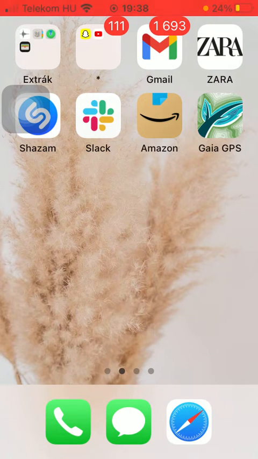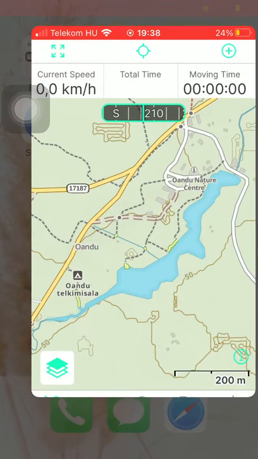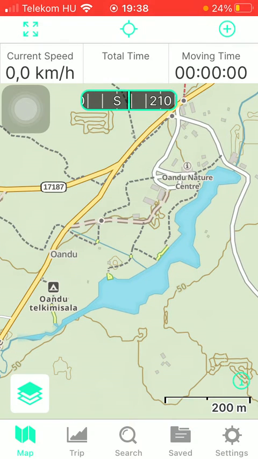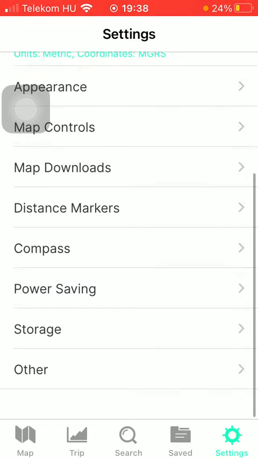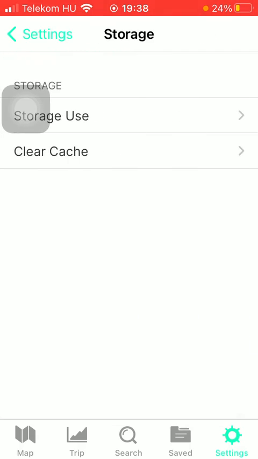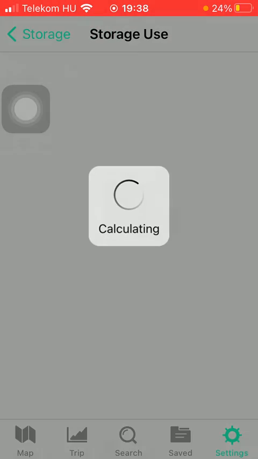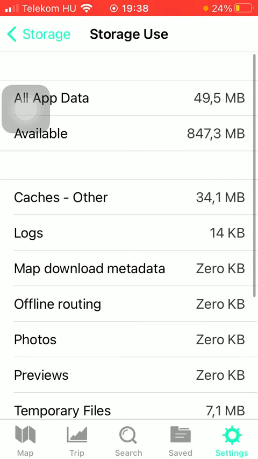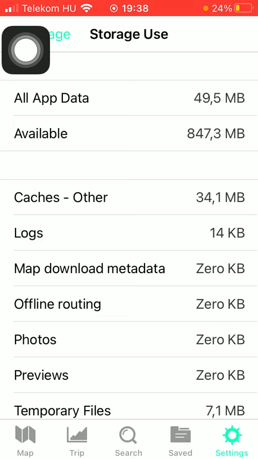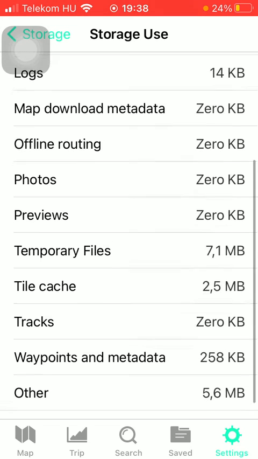First of all, open the application on your phone. After that, tap on the settings option down below, which is the last option, and now scroll down till you find this storage option and click on it. Tap on storage use, and here you can check out storage usage information such as all app data, available space, and other